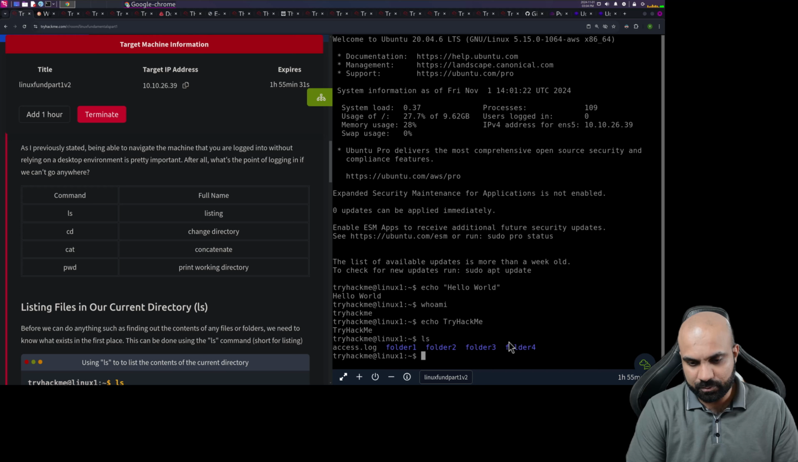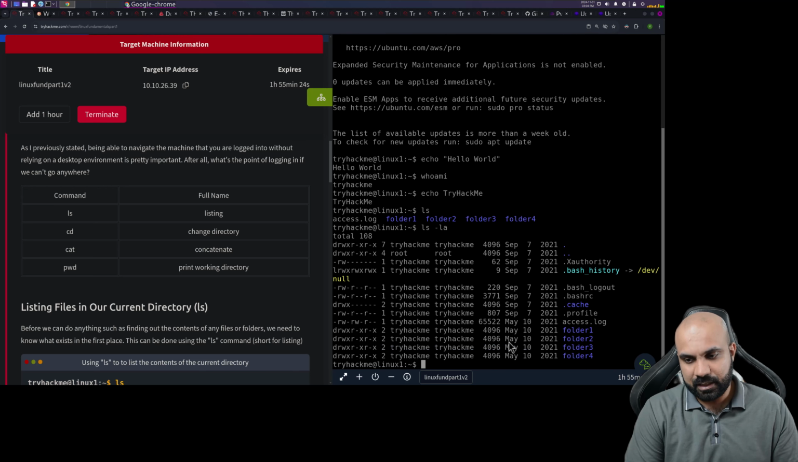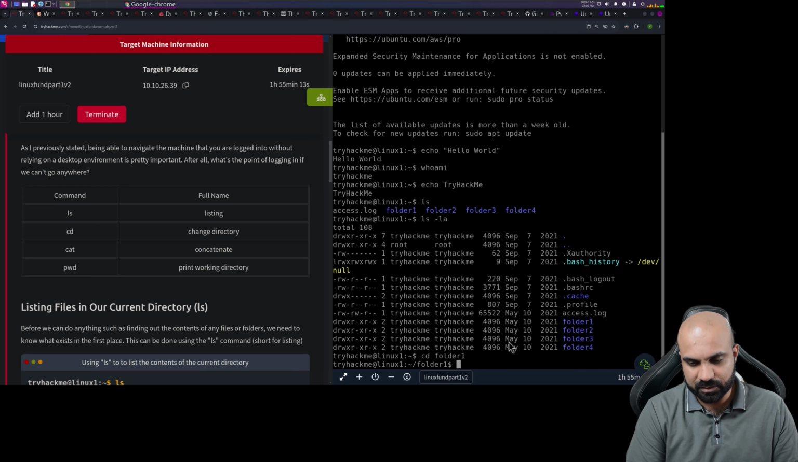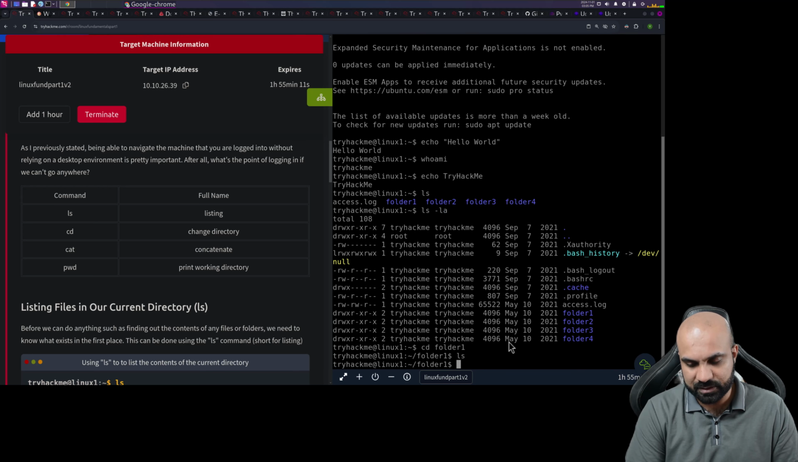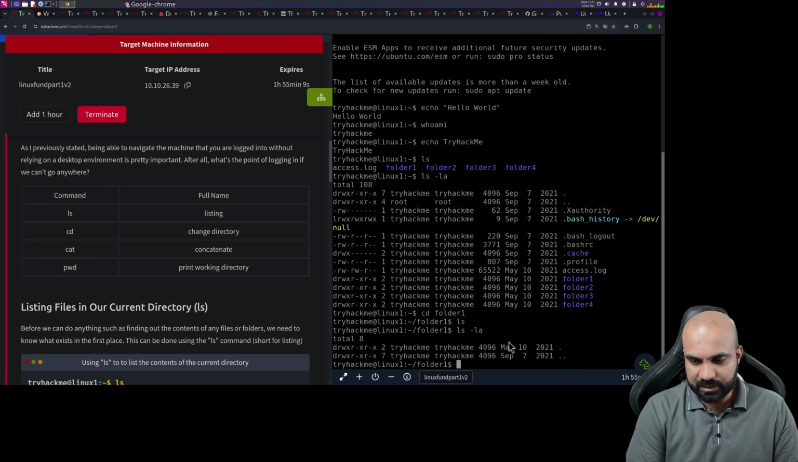ls will show me all the things that we have. There is an advanced version of ls, which is ls -la. It will show everything that is hidden in a nice format. Then we have cd. cd is to go to a folder, for example folder1. We are inside folder1. If you run ls, there is nothing. If you run ls -la, as you can see, we have